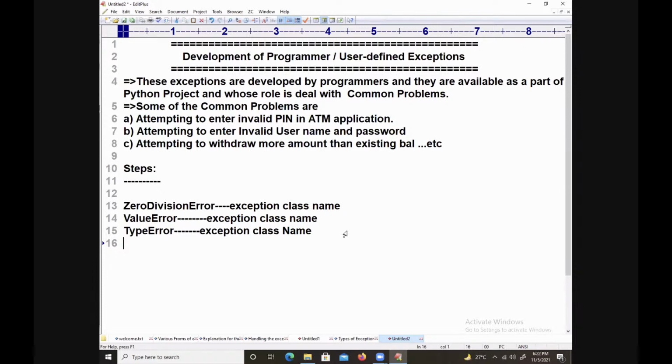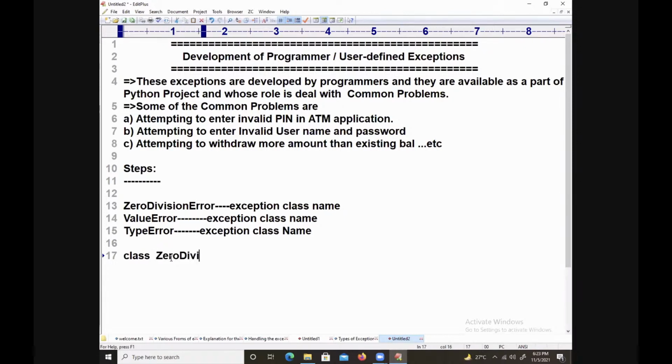So let us start discussing one important thing here. Zero division error. This is a class name. To develop any type of class, I am using a keyword called class. What is the name of the class?